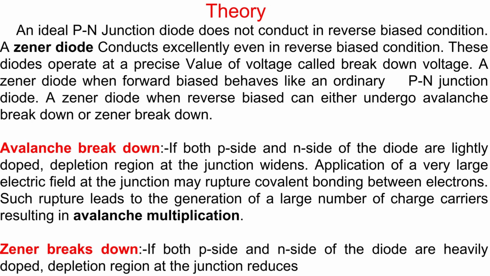Avalanche breakdown. If both the P side and N side of the diode are lightly doped, the depletion region at the junction widens. Application of a very large electric field at the junction may rupture